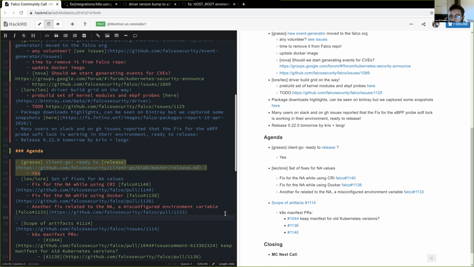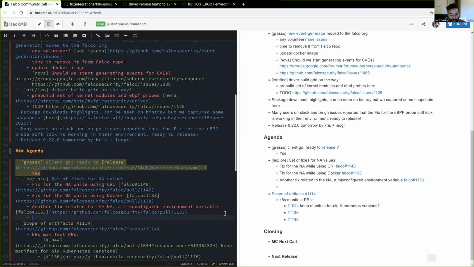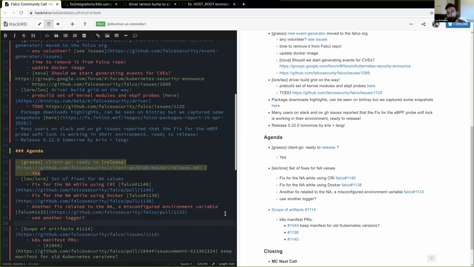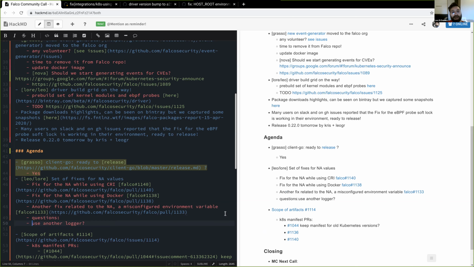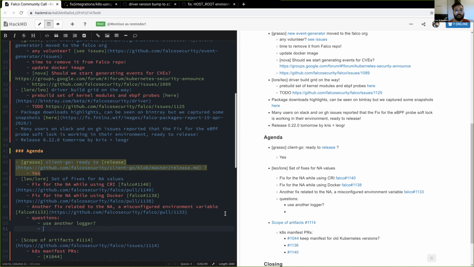The plan that Lorenzo was referring to was to basically, since the driver is using another logger, we did some research in advance to find another logger, not our custom Falco logger, that's more performant than what we have, and that's able to also start the other logger, the logger of the driver. That way we could provide a flag for Falco to enable the debug mode, and for example, look at the actual socket path used.